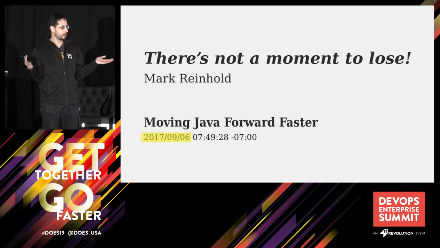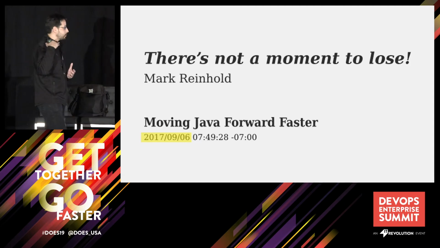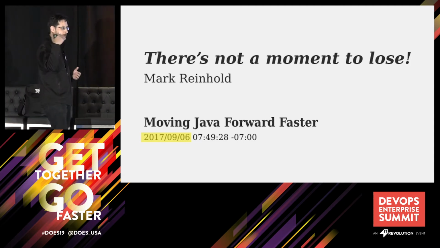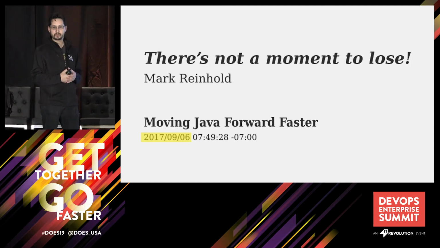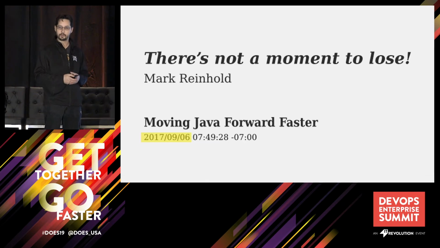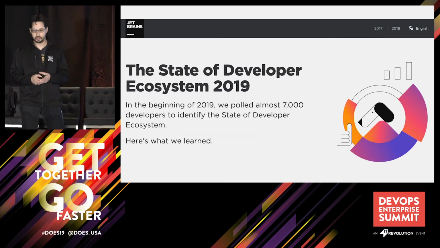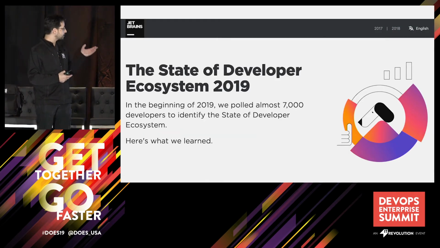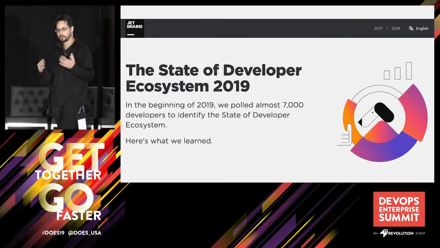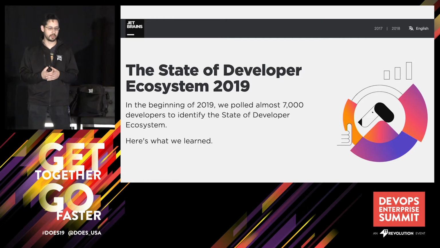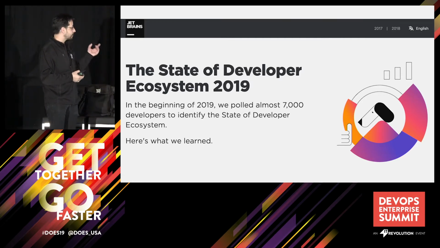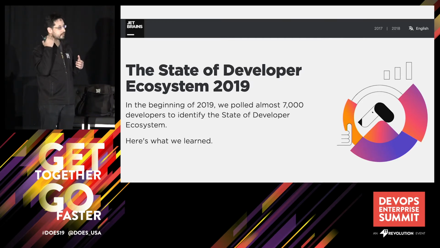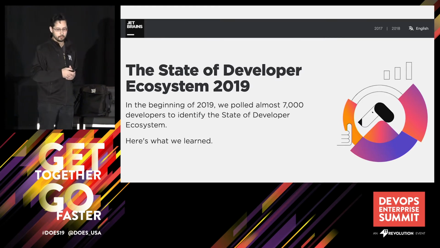So the core platform that a lot of our enterprise software is built in is actually going to be updated on more regular cadence. They're going to get more features out more quickly. They're going to help our developers with patching security vulnerabilities more reliably. And so there's a study which actually looks at the usage of different Java libraries and how well they're adopted. So this is the State of the Developer Ecosystem report in 2019, 7,000 developers, so very credible poll.